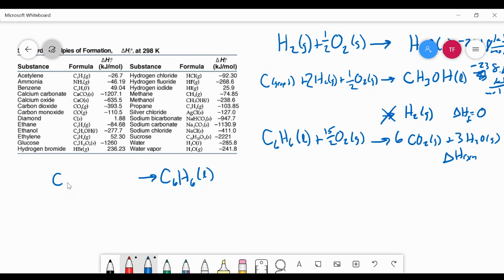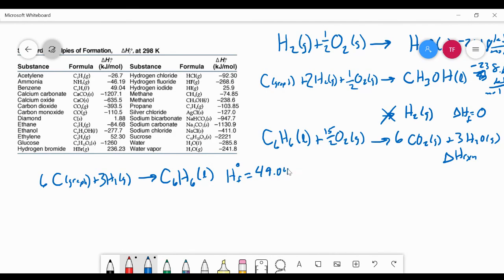So the elements that would form these are carbon as graphite and hydrogen as a gas. And if we balance it, we would get 3 of these and 6 carbons. So if you look, this is on the table. The enthalpy for this reaction, the enthalpy of formation, by the way, if you didn't notice, has the little 0, that means standard state, so 25 degrees Celsius and 1 atmosphere of pressure. The enthalpy of formation for C6H6 is, if we find it on here,